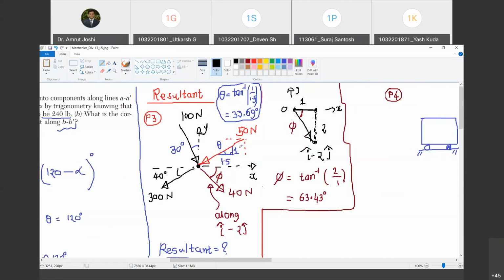Cos. Theta is the angle made by 50 Newton with reference to horizontal. So its horizontal component is cos theta. Now we are finding its vertical, or y directional component. So what should it be? Sin. Theta is between 50 Newton and x, so the x component is cos theta. Are you with me? Yes, sir. The y component is sin theta, and how much is that? 50 sin of 33.69 degrees.